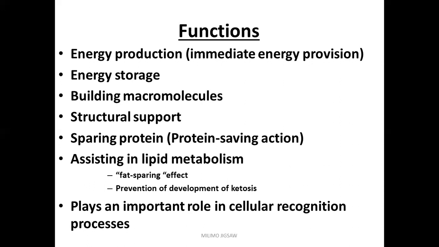Then we said that carbohydrates also function for building macromolecules such as nucleic acid and also lipids. And then we said that carbohydrates also function as structural support or as structural element. So we talked about cellulose, which is found in plant cell walls, and we talked of chitin, which serves as a structural element in